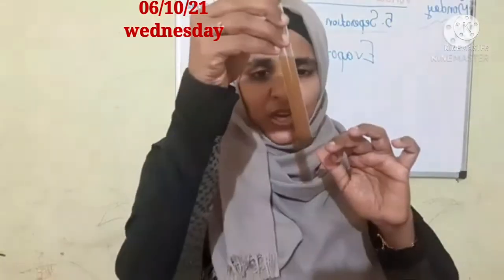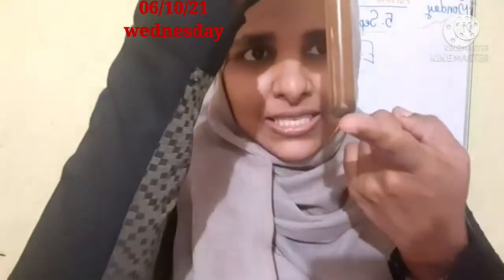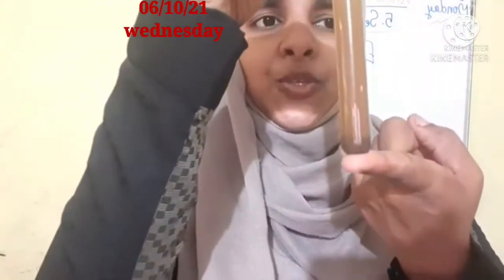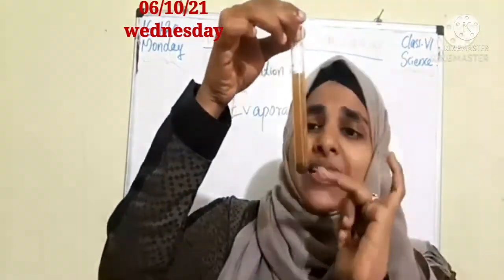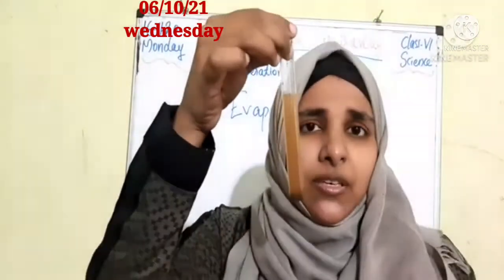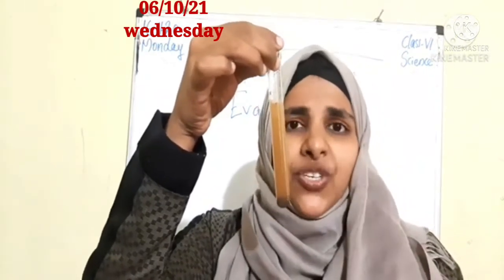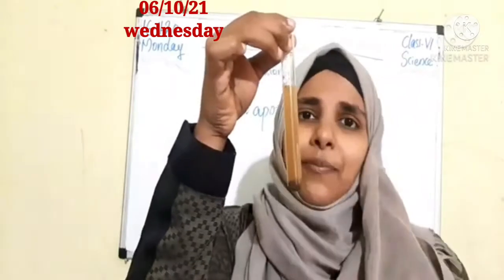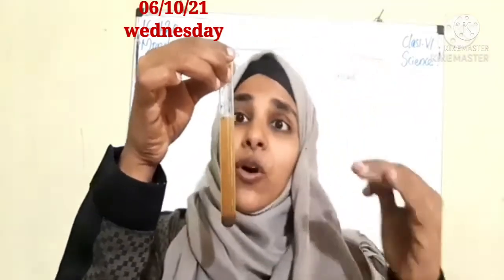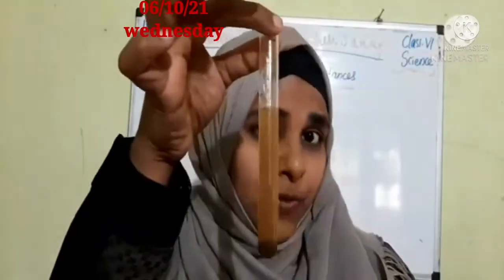What happened? Now you can see salt is mixing with this water, but the sand is settled down in this test tube. Okay. So children, how can I separate this salt and sand from this water? Is it easy to separate? I need to separate salt from this solution. How can it happen? That's why I'm using more than one method of separation for this process.